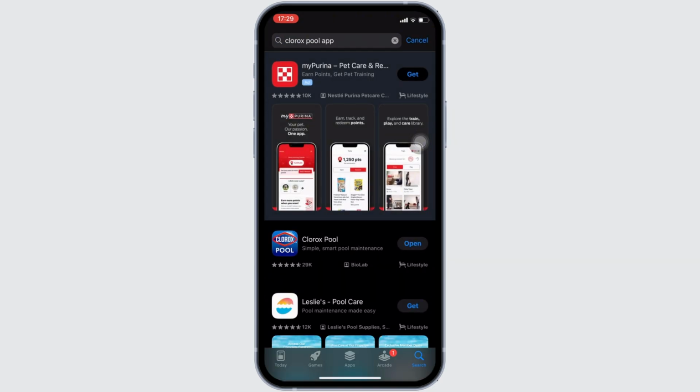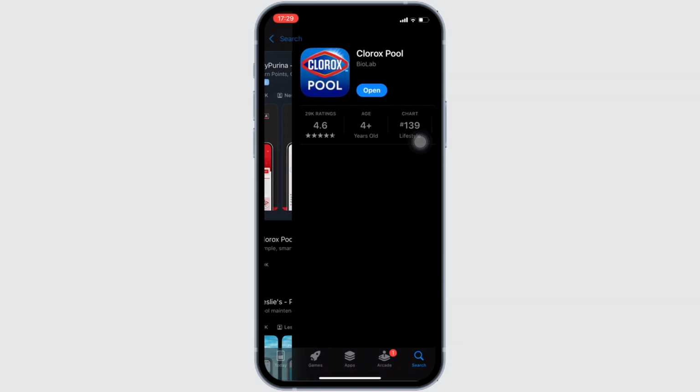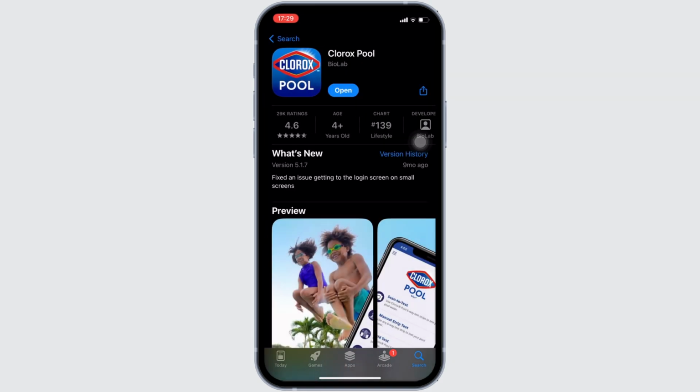Once you have searched for it, head over to this application. Right here, instead of open, if it shows the option of update, then your application is not up to date. In this case, all you want to do is tap on update and update your application to the latest version. Once you have the latest version of the app, the next step you want to do is head over